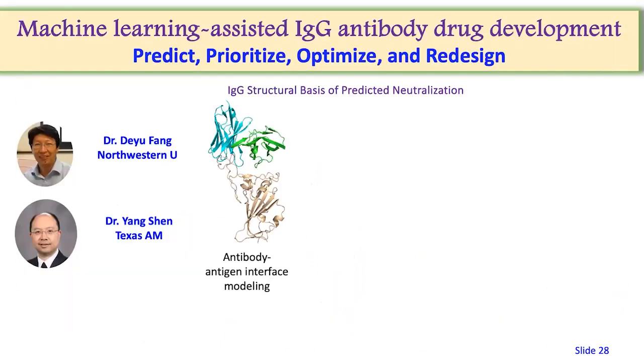And this is just showing one example. I have been collaborating with Lurie and Yang Shen. Yang Shen is a computational scientist. Lurie is an immunologist on campus. And then we have been developing AI or language model-based antibody structure analysis, interaction with any antigens. Although we used it in COVID first, we hope to expand to cancer discovery and also the cancer